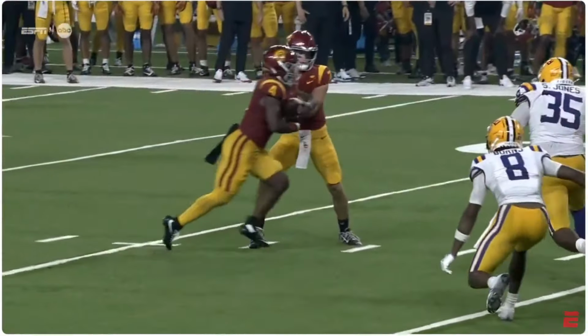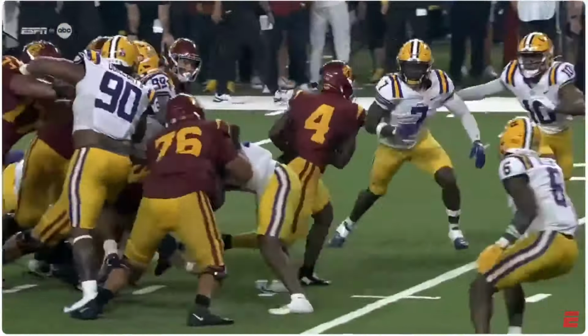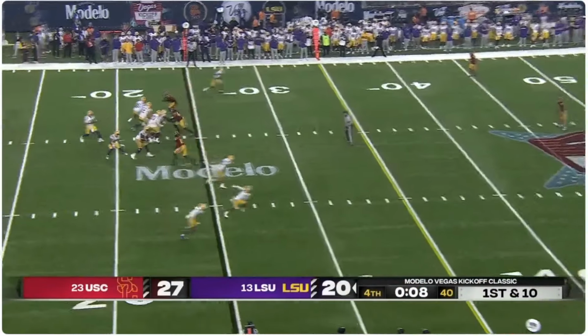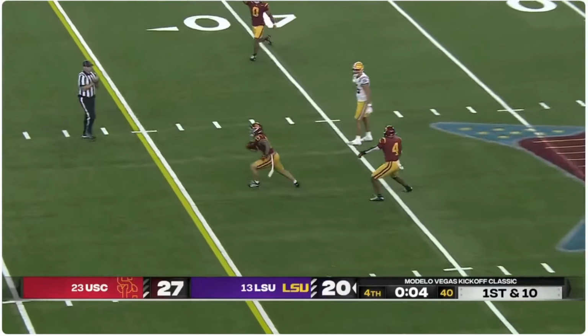So eyes are in the backfield. Good job at the left side. Predominantly Pregnon, that left guard, just drilling down in that big, powerful LSU defensive line. 55 to 60 yards away from the line of scrimmage. Nussmeier throws an interception, and that's how